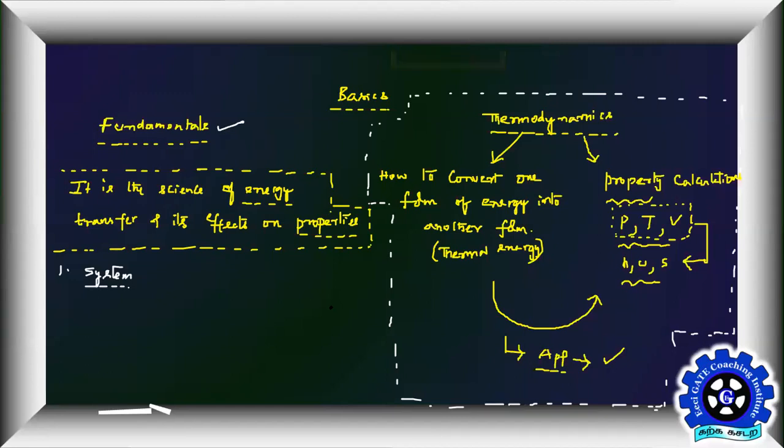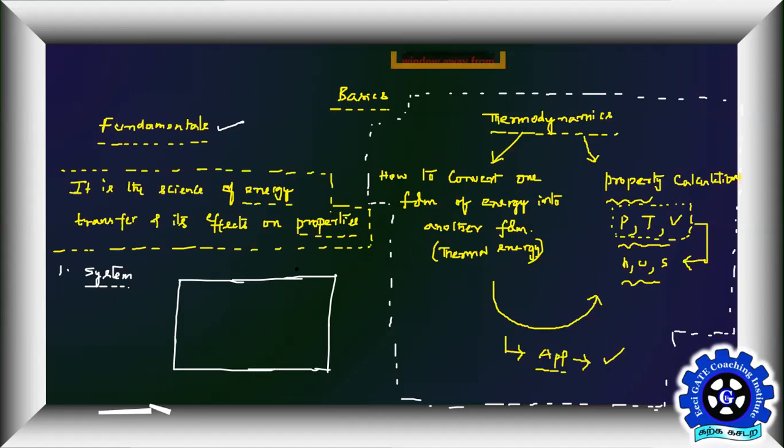Okay, let me give you the definition of system first. Loosely speaking, in this entire universe, you try to focus on a certain region for your study. You just focus on that. You don't want to see what is happening in the remaining part. Whatever region you keep your focus on is called a system. So this is what your universe is supposed to be. I'm just giving a box.